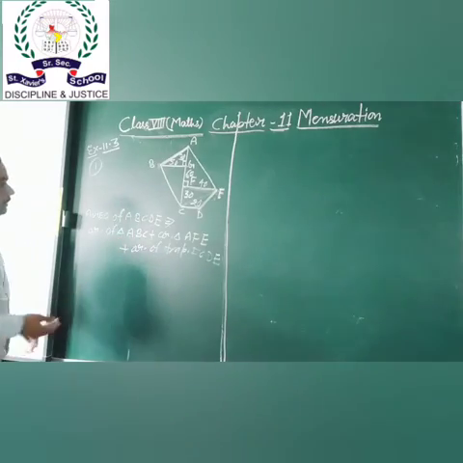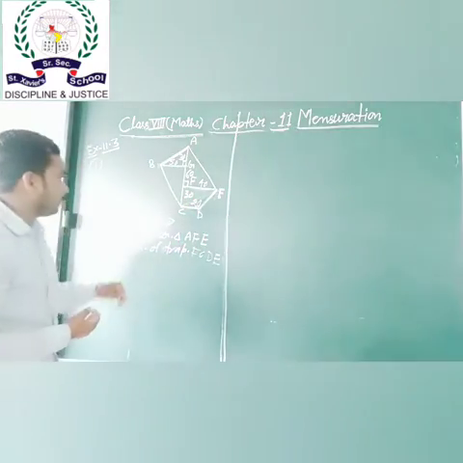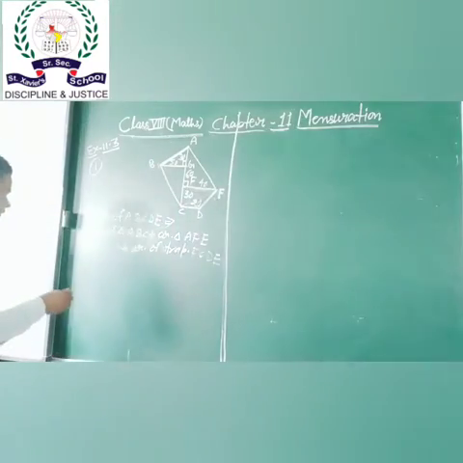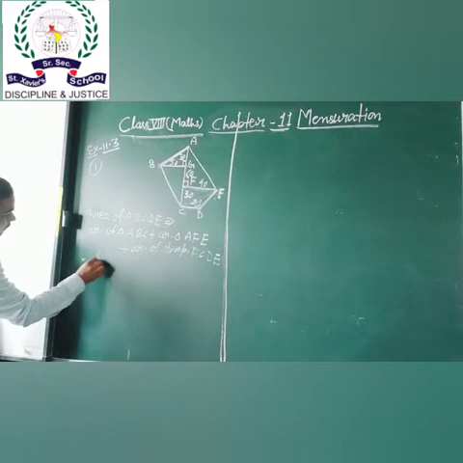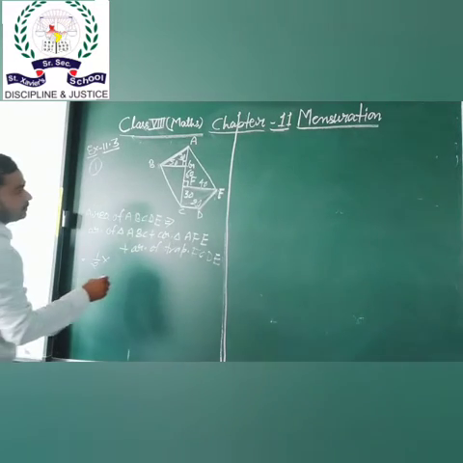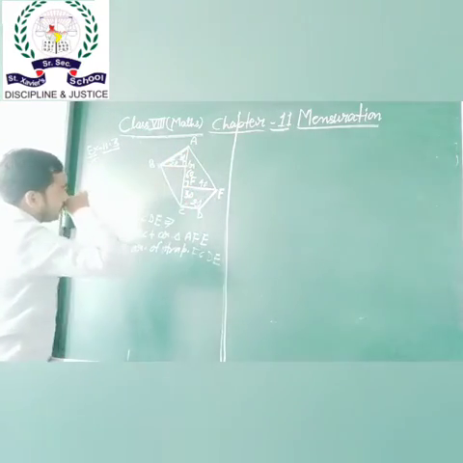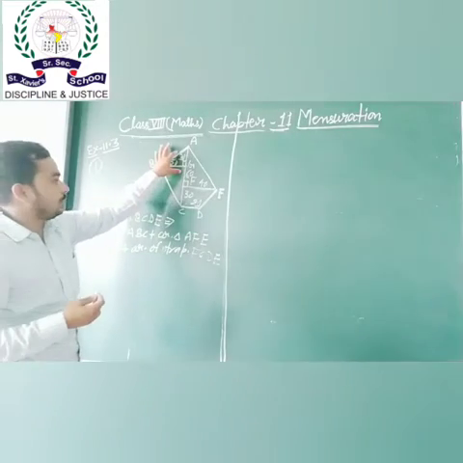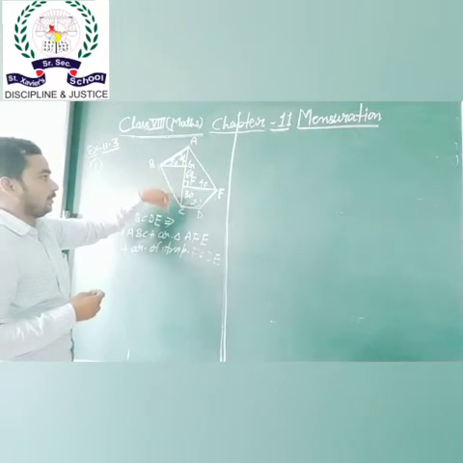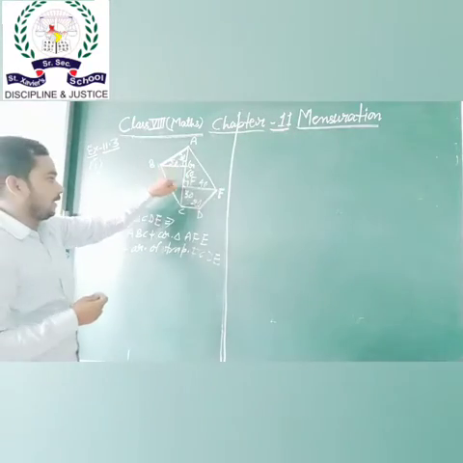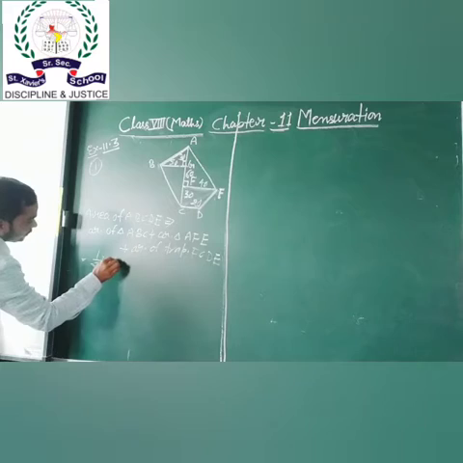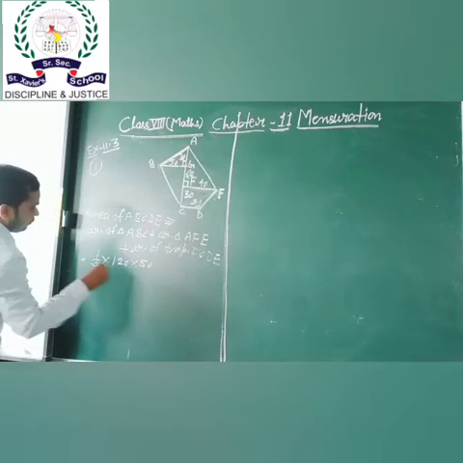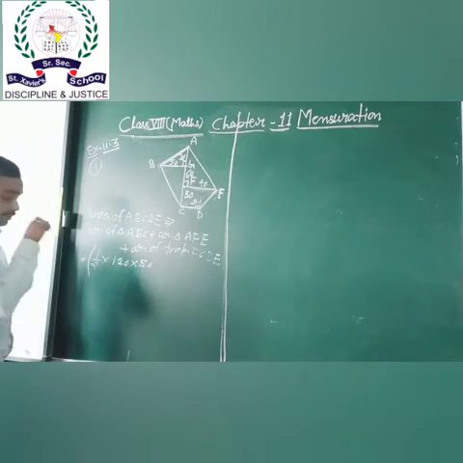So area of triangle ABC is a right angle triangle where AC is a base and GB is height. So area of triangle ABC equals 1/2 base. So AC equals AG plus GF plus FC. AG equals 30 and GF equals 60 and FC equals 30. So 60 plus 30 is 90 and 90 plus 30 is 120. So base is 120 and height BG equals 50. So 1/2 into 120 into 50 plus